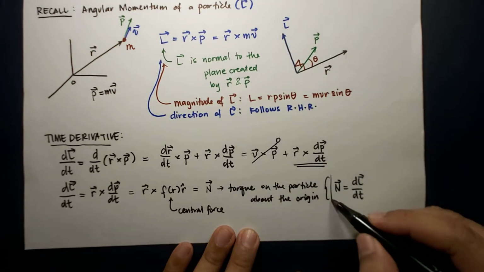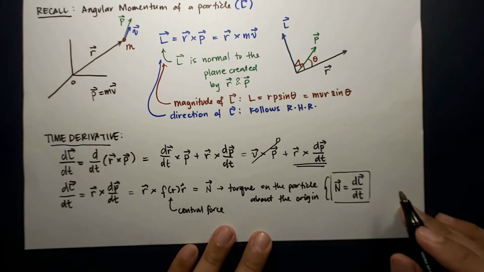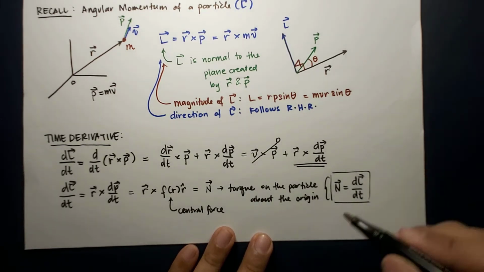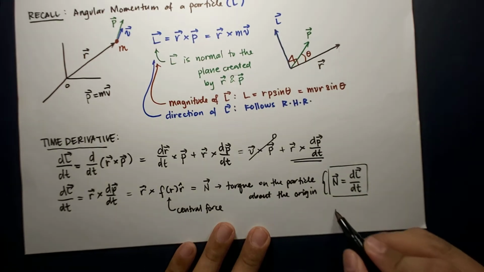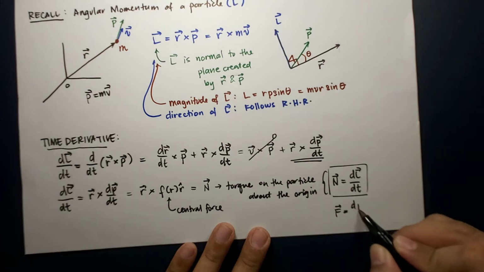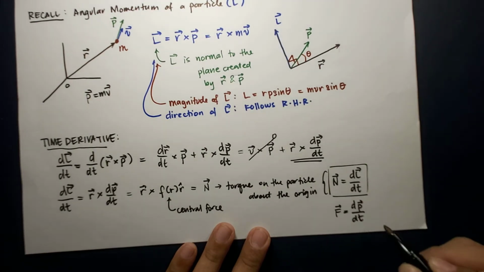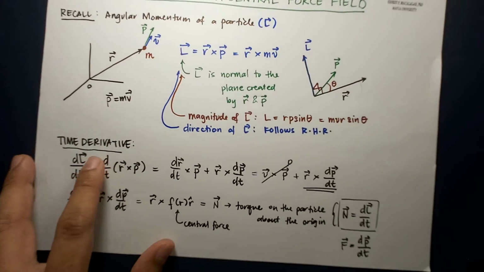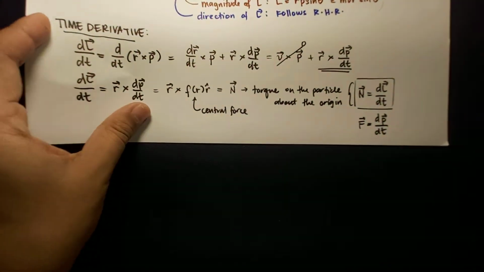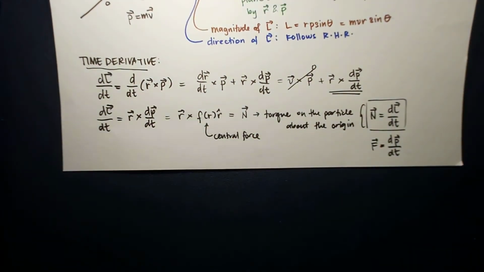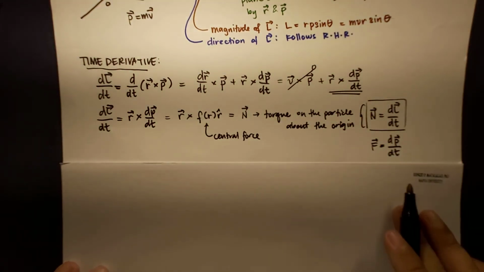And we call this, it's commonly known as Newton's second law of motion for rotation. As you will notice, this is very similar to the usual form of Newton's second law of motion, that is, the derivative of P with respect to time equals the net force. Okay, so we already know that. Now, following this discussion,